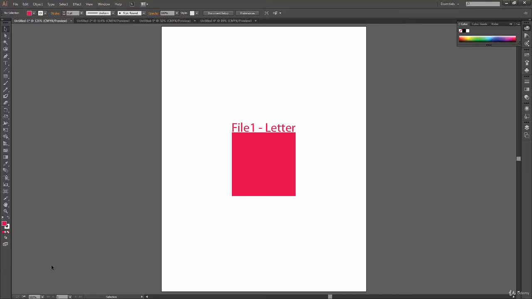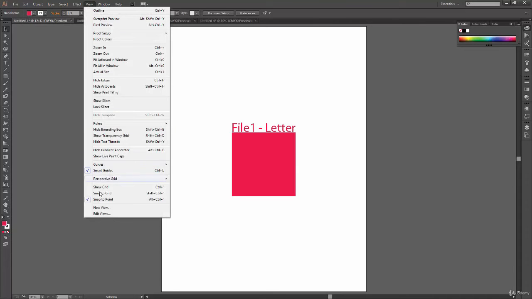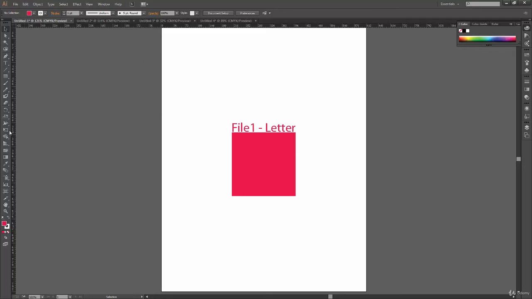To bring up the rulers, press Ctrl R on your keyboard, or you can go to View, Rulers, Show Rulers. When you see Show Rulers, it says Ctrl R is a shortcut for it. So I can go to View, Rulers, Show Rulers, and this brings up my rulers over here.